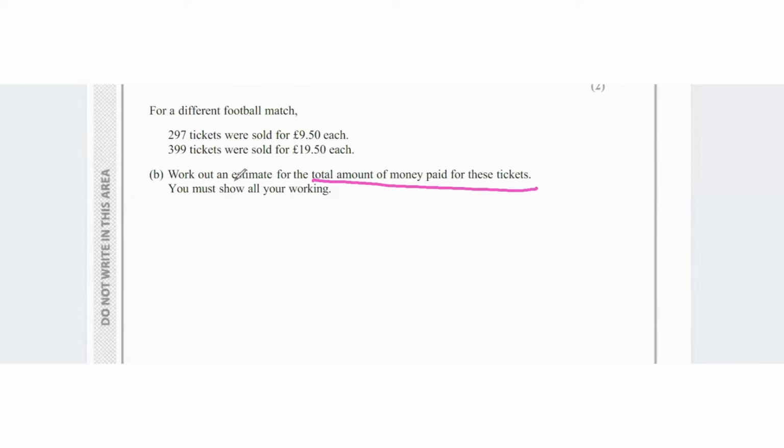So since it says estimate, we can round the values. 9.5 is going to be 10 pounds. 19.5 is going to be 20 pounds. So if you do 297 times 10, that's going to be 2,970. And 399 times 20 is going to be,